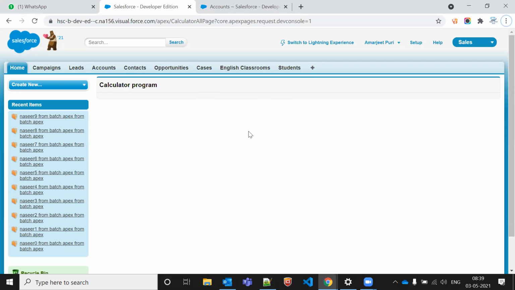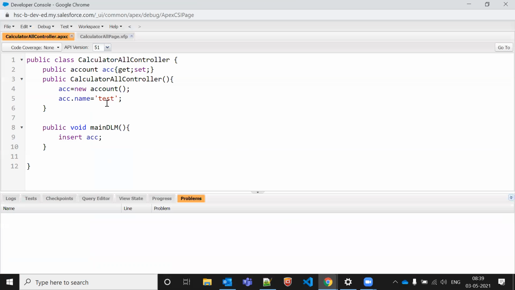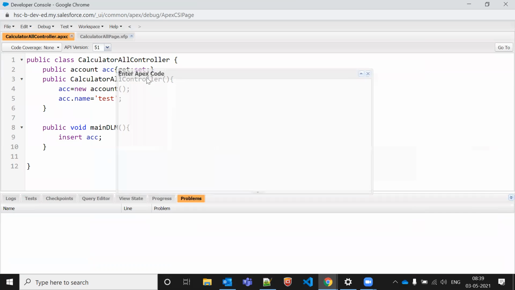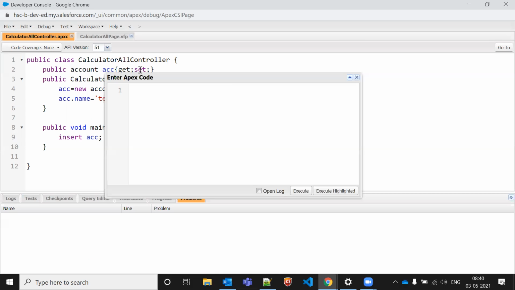So that is also a UI, and this is also a UI. If you can perform things from there, why can't we do the things from here? The developer console is for testing purposes only, not real-time performance. Automatically it won't.